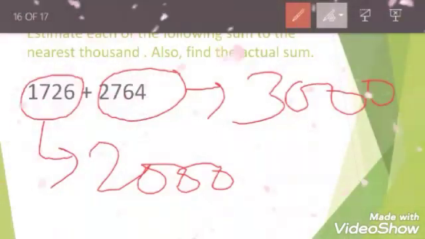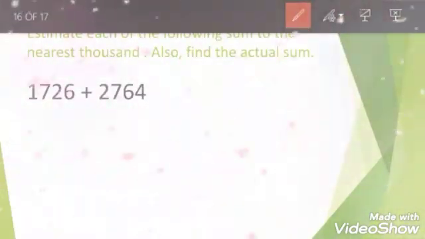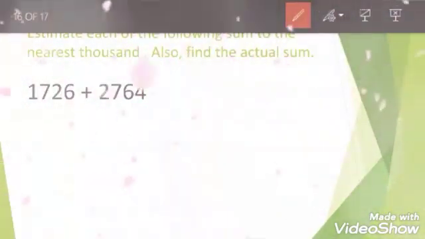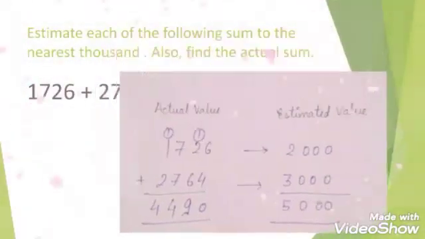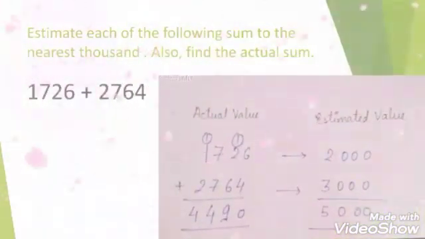Now we have to find the actual sum as well as the estimated sum. The actual sum is 4490. We have added 1726 and 2764 together. So we got 4490.